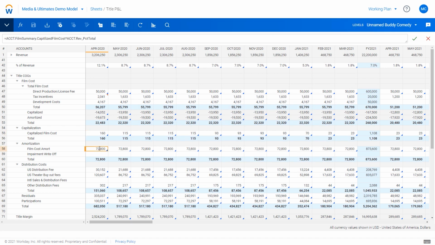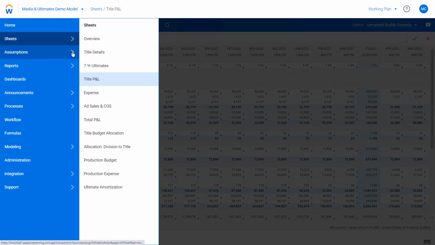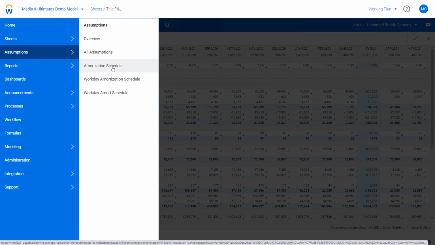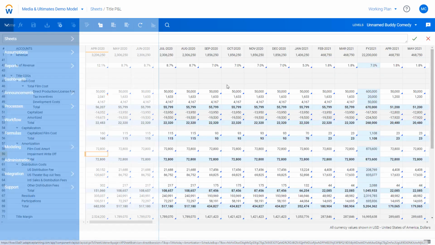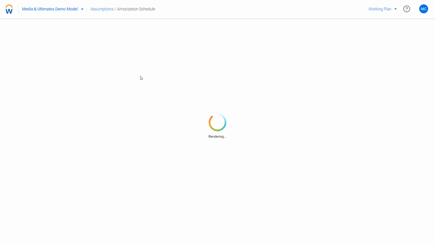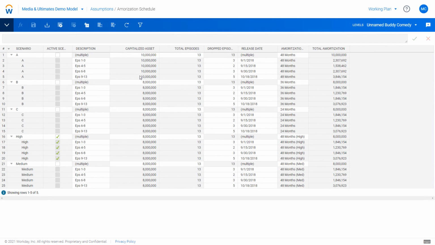Furthermore, drilling down in on our film cost amortization, here you can see this is actually coming from a supporting schedule. We're bringing in a supporting schedule into this P&L. We want to drill into our models here and pop open our amortization schedule to get some more visibility into that specific account. We can see for this example, for this account, we can actually pick and choose from different